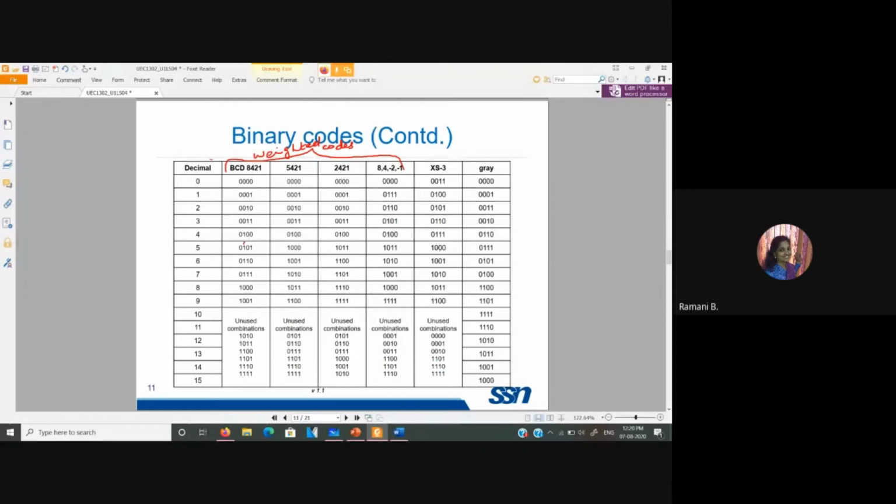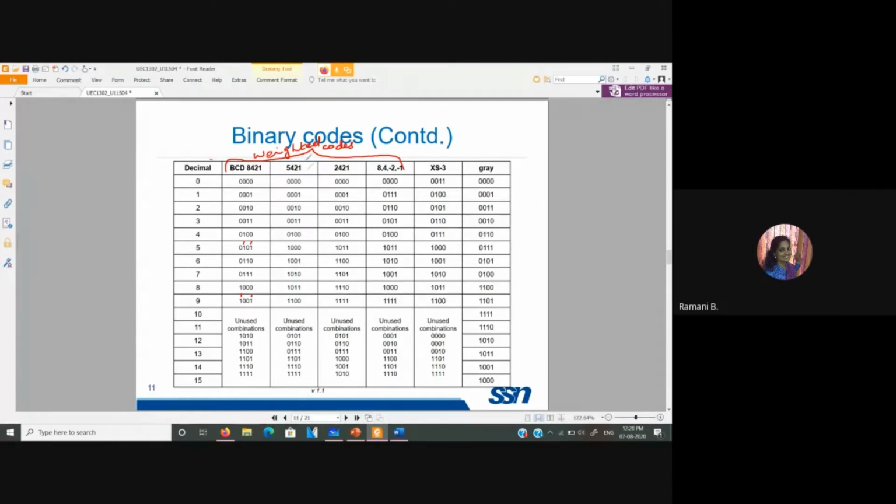So we have this as 0, 1, 0, 1. So each bit position is having a weight. And similarly, if you consider 7 or 9, 8 plus 1 is 9. So this is in case of BCD or the 8421 code.